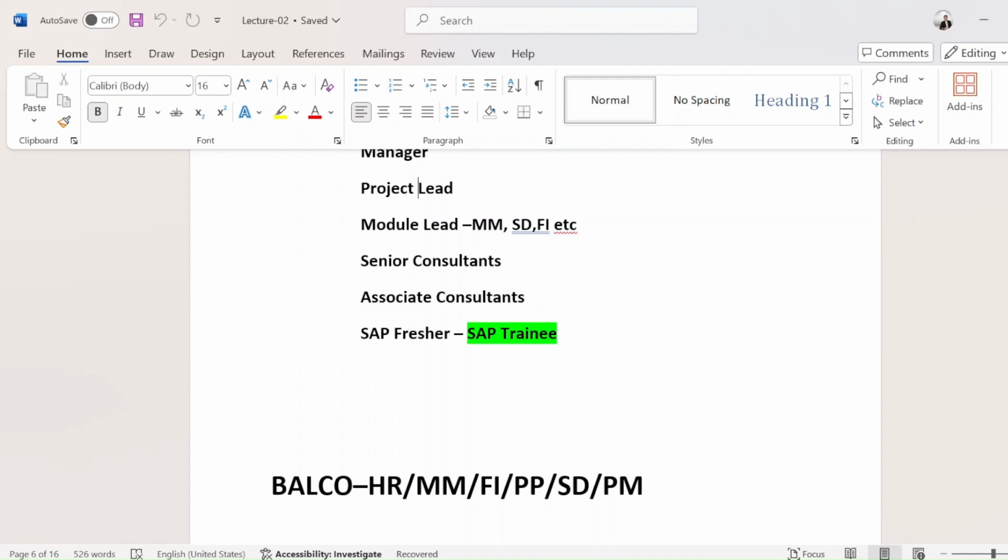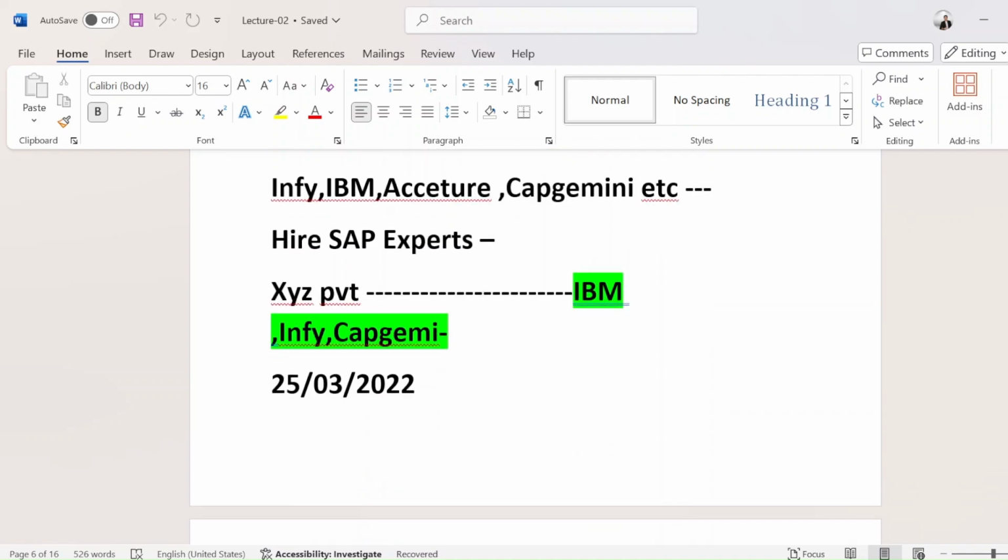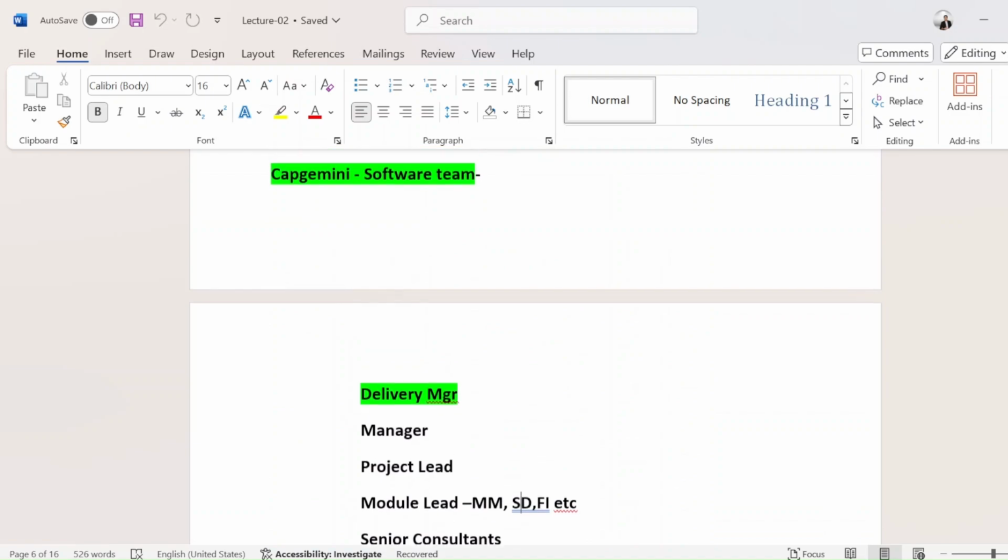In some companies, there are different consultants, one for finance, one for controlling. Like that for HCM, human capital management. For SD, sales and distribution, there will be a different consultant. So these are the modules like SD, FICO, PP, production planning, plant maintenance, PM. So these all are the modules, right?